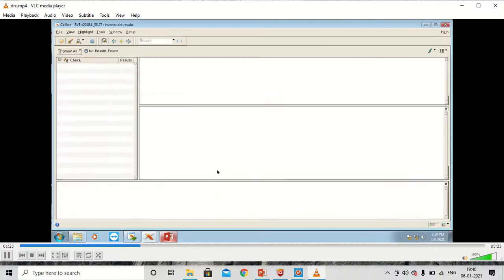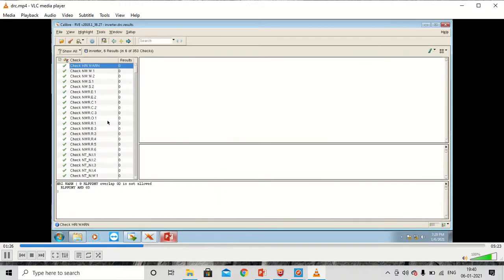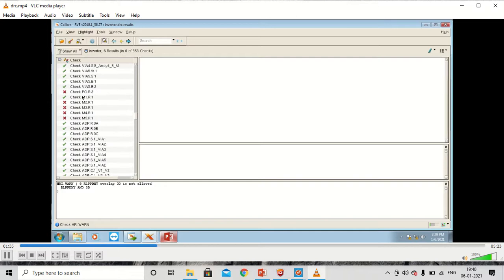So this is the DRC result window. So on the left hand side you can see the design rules which are checked, and if there are any errors, a red cross will appear and you need to fix those errors and clean the DRC. So you can see there are certain red crosses, these are density errors. For a single block like an inverter, you don't need to worry about these density errors. You need to check these density errors when you are doing the DRC for the entire chip.